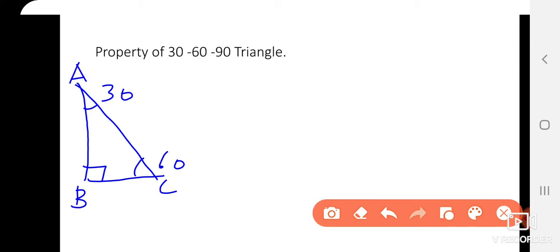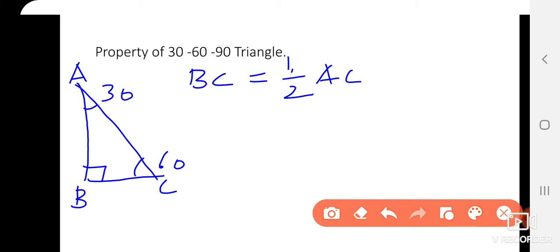Now what is so special about this triangle and what is its property? Let us see. Now let us consider the side opposite the 30 degree angle. Can you see the figure and tell which is the side opposite 30 degree? Yes, it is BC. So the side opposite 30 degree angle is BC. Therefore I can say that BC is equal to 1 by 2 the hypotenuse. Which is the hypotenuse here? AC. So you have to learn this as a formula.